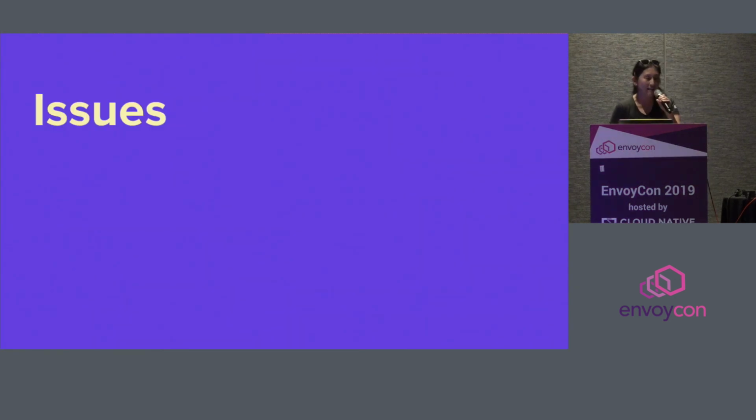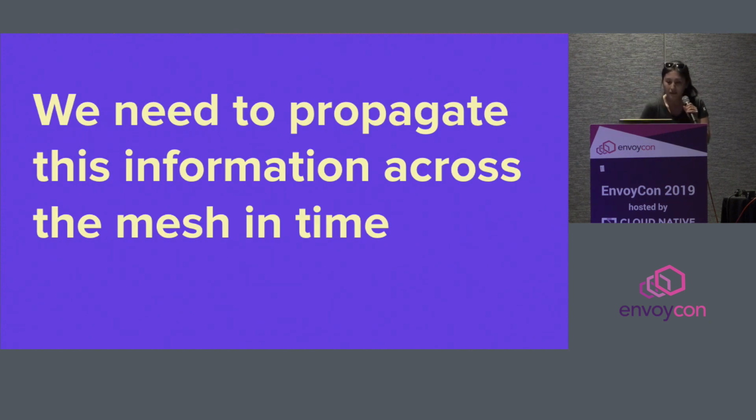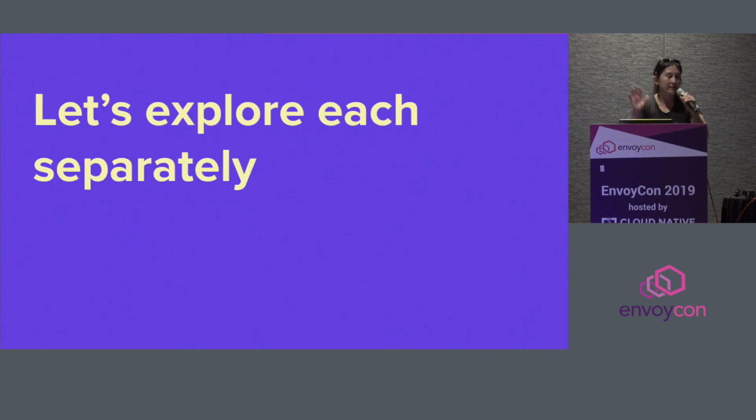So let's now dive into the issues. We're going to first talk about scale up. In a Kubernetes deployment, as most of you know, there is no such thing as a hot restart. Before, in our legacy infrastructure, we would hot restart, and so the IP address sets wouldn't change very much, but that's not true in Kubernetes. Each deployment is basically a scale up and a scale down. So again, we're now propagating way more information in the mesh in time, and so let's look at each problem